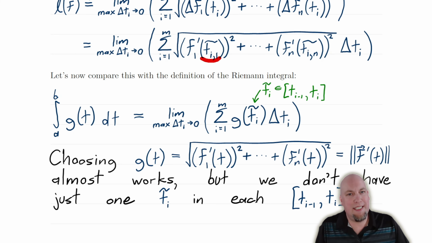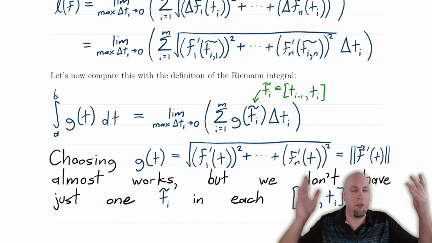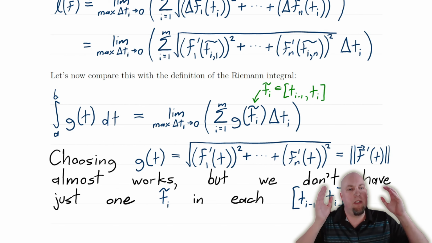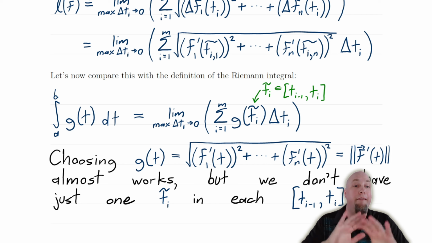In other words, unfortunately, I'm only allowed to choose one ti tilde for every single coordinate function, for f1 prime, for f2 prime, all the way up to fn prime. It can't depend on which coordinate function I'm plugging into, whereas in my formula for arc length, which ti tilde I'm using does depend on which coordinate function I'm plugging into. Am I plugging into the first coordinate or the nth coordinate or the seventh coordinate or what? So I need some trick to get around that one minor hurdle, and then I'll be done if I